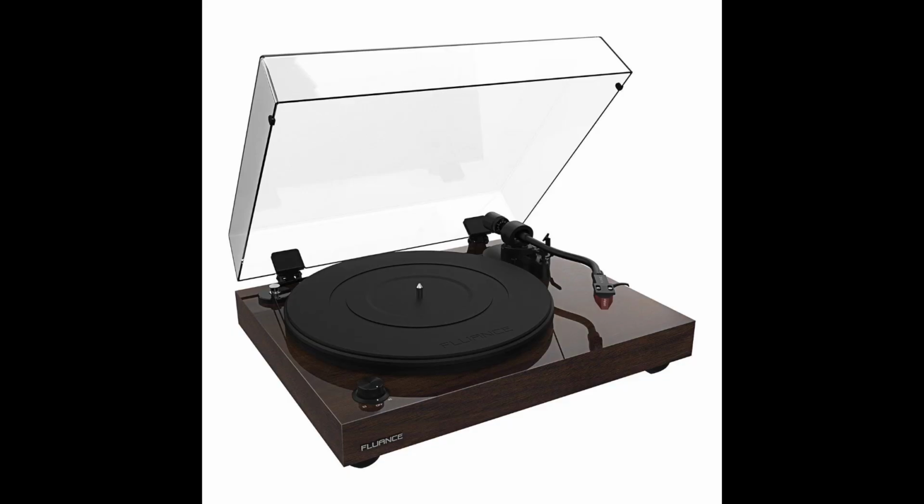This is a review of a budget turntable from the Canadian company Fluance. This is the RT83. Now recently I reviewed the RT81, which is a budget turntable, has a few little quirks, much loved by the people who own this particular turntable, and I can understand why. It's nicely made, has an interesting sound, but the RT83 ramps up the quality and hopefully, well, we'll see, the